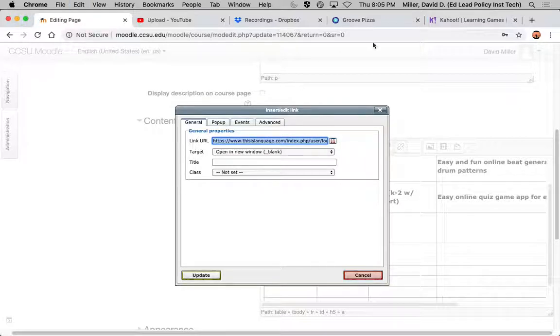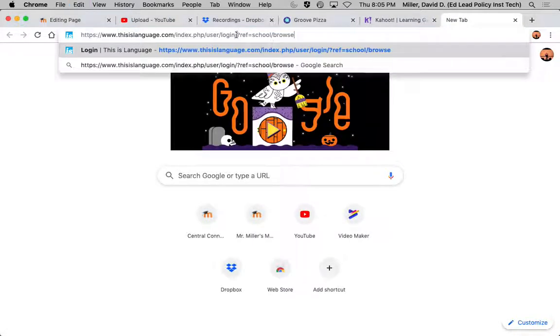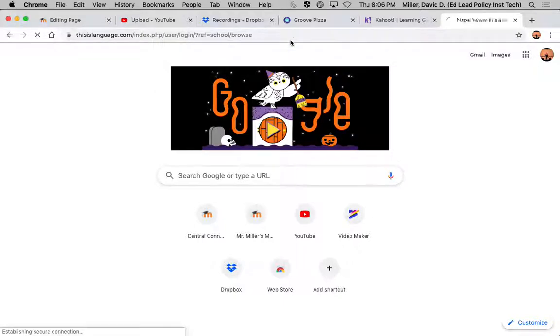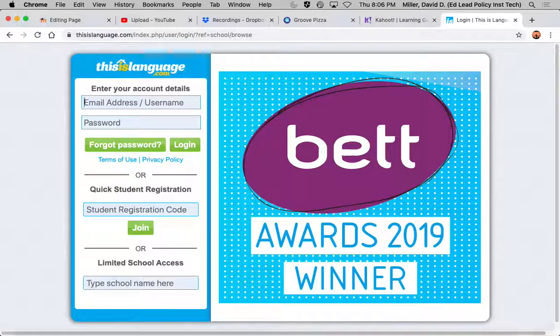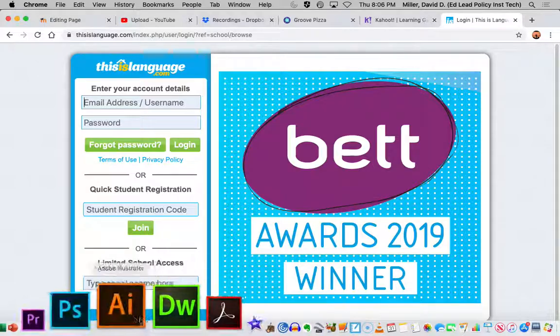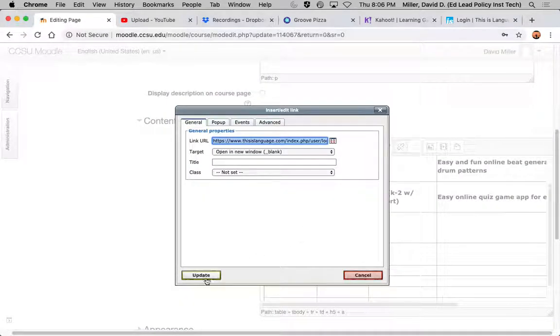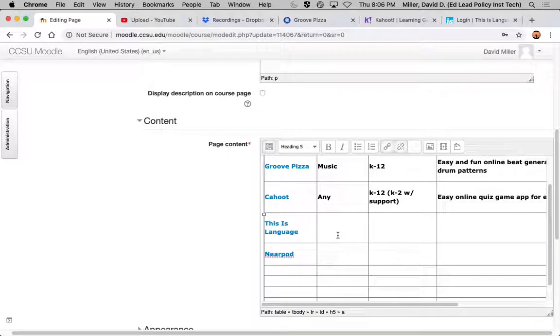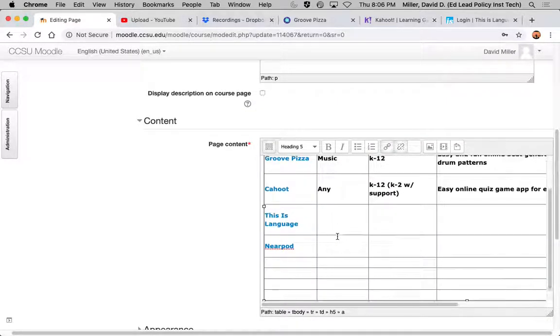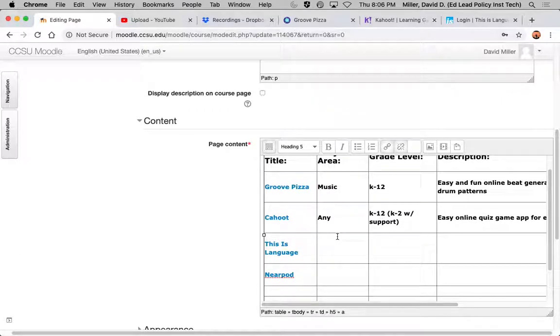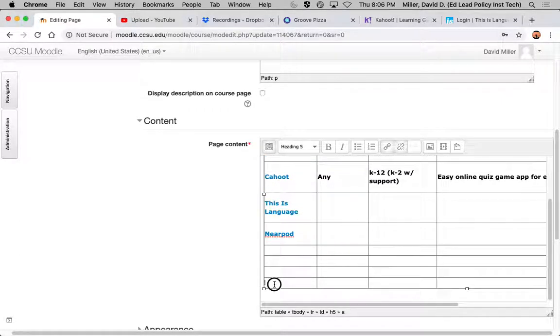Just as a quick aside, I just learned about this other tool that's very similar to Kahoot, called Quizizz. Quiz, and then I-Z-Z at the end. I think I've seen that as well. It's very similar. I think it gives a little bit more detailed feedback. I've only used it a few times, but I like the feedback it gives a little better than Kahoot. You can also do different kinds of quizzes.